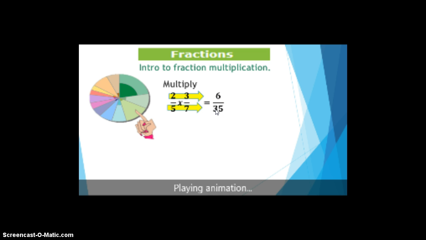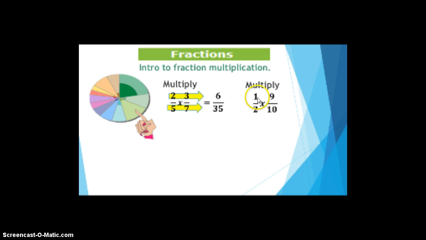Here's another example. Multiply 1/2 times 9/10. Multiply straight across. 1 times 9 is 9, and 2 times 10 is 20. The answer is 9/20. If you're trying to get your students to put this in their long-term memory, it will